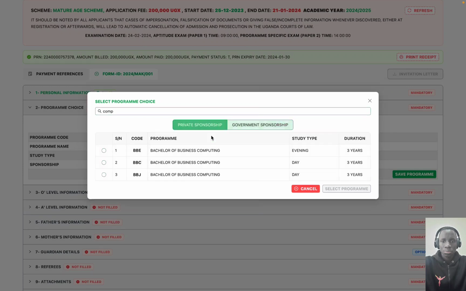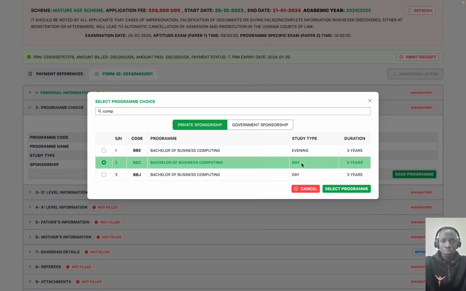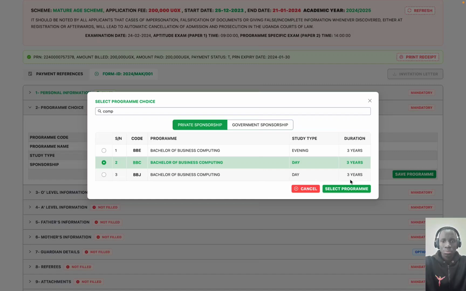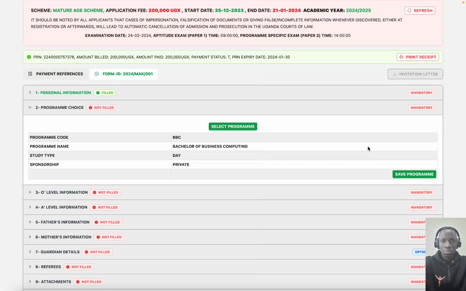If you want private, you can come and select the time that is convenient for you. So you say you want day, you can pick. Once you select this, it will come here, and then you have to save your program choice. After you have saved, it shows you that this section has been filled.